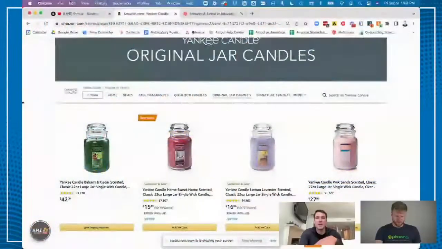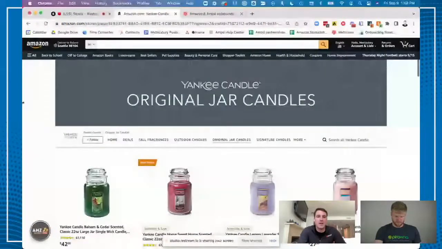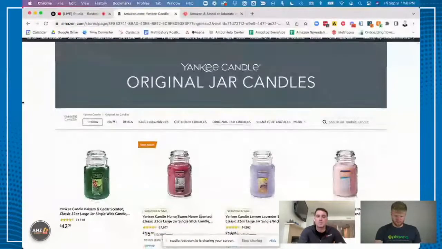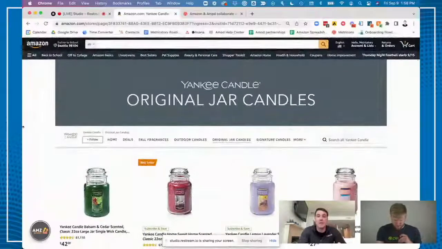I can show you a couple quick examples of what good storefronts look like, and I can also send you the article as well. Let me share my screen here. So the key principles of a good storefront page is lead with your brand and have your products purchasable. Can you see my screen here, Victor? Yep. All right, perfect. So Yankee Candle here,